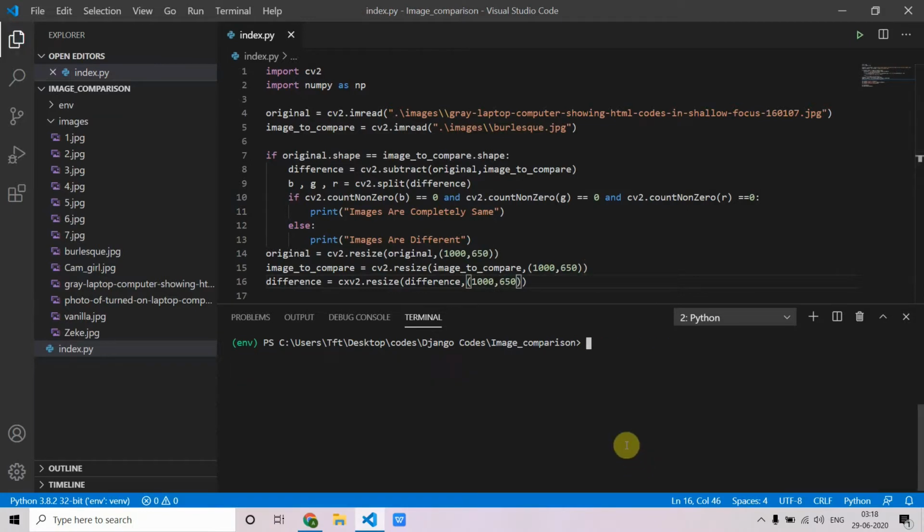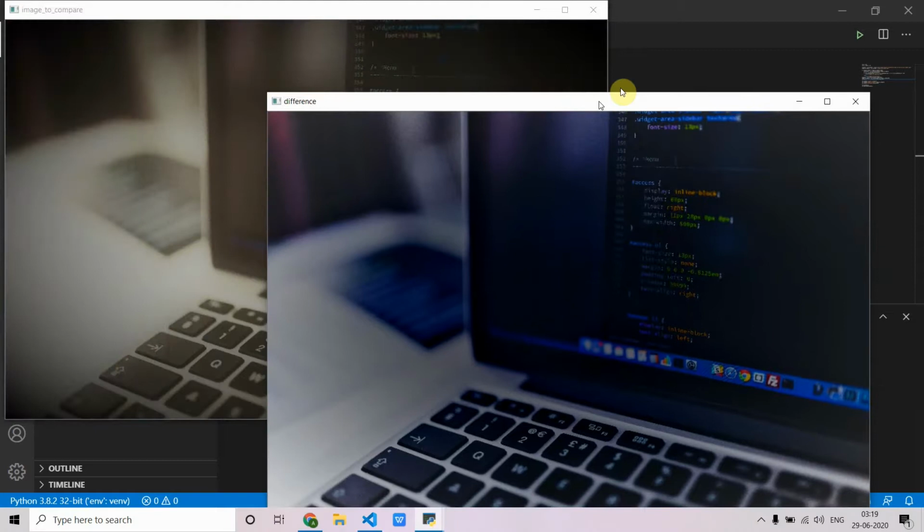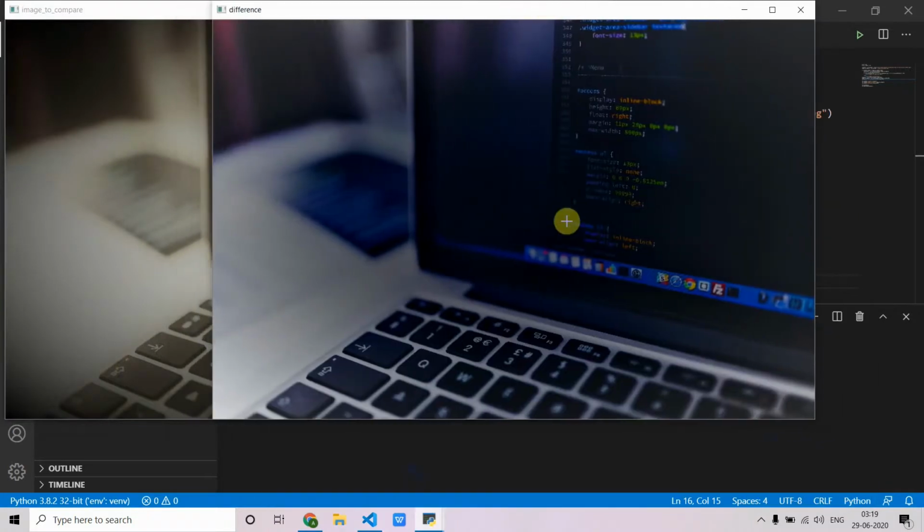Now again run the program to see the differences. As you can see, this is the difference image we are getting.